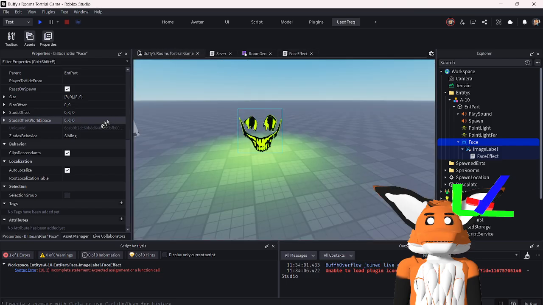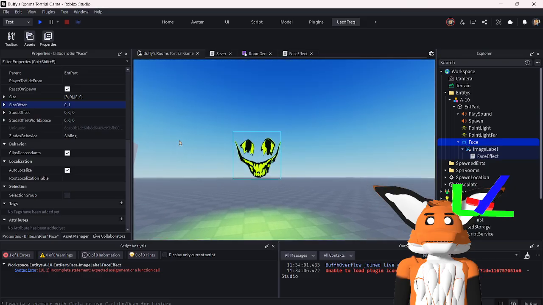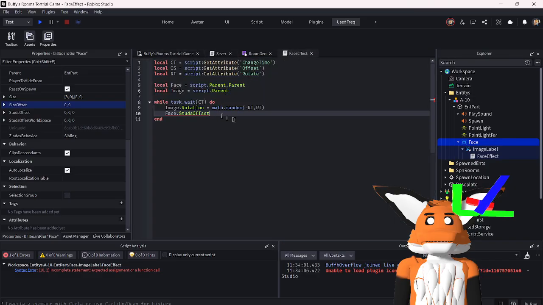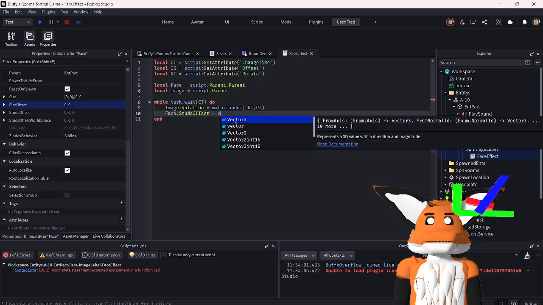What is size offset? I'm curious. Oh. Face.studs offset equals vector